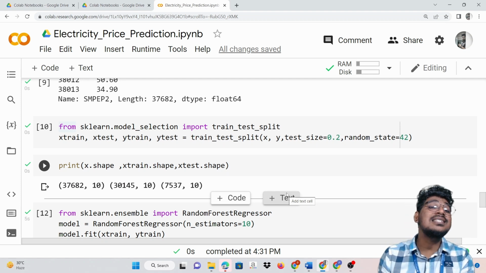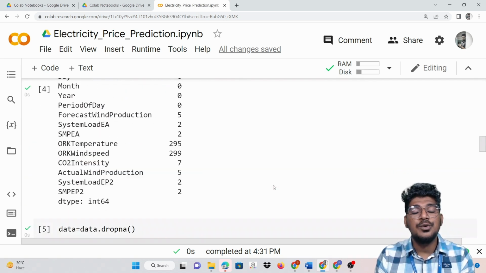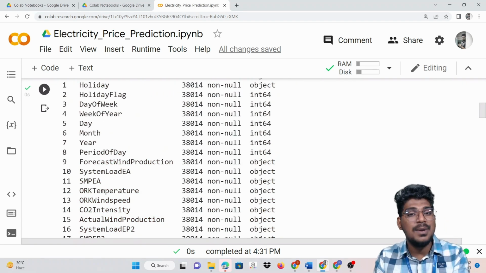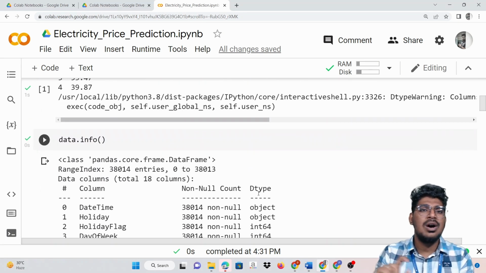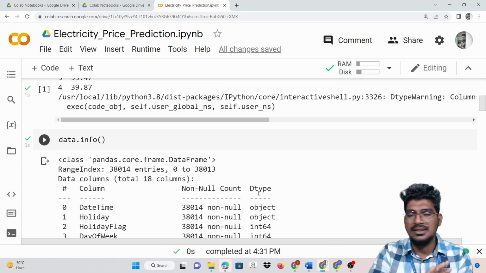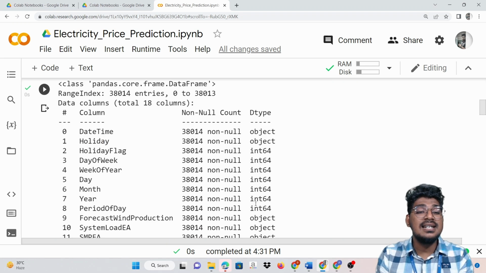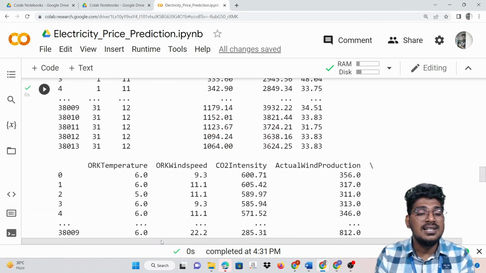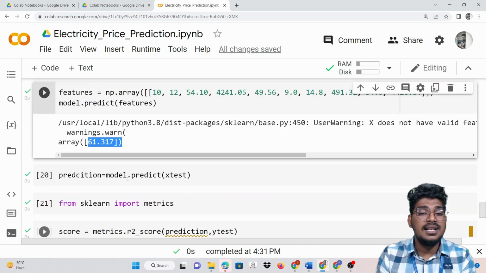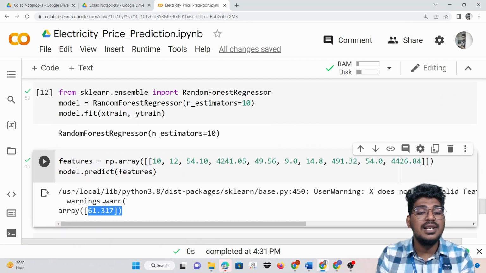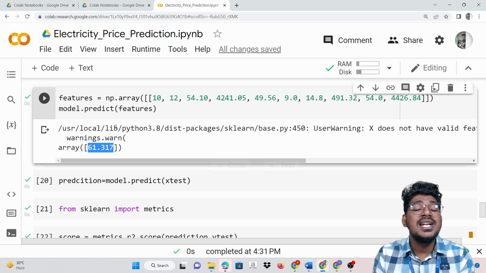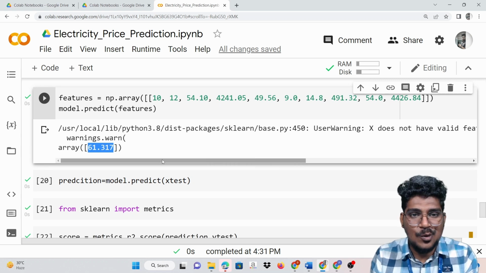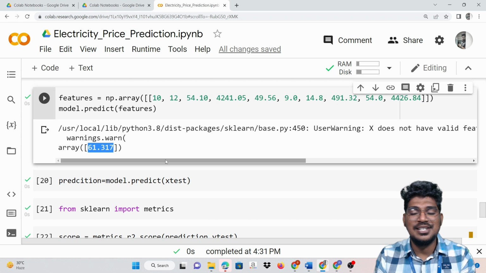Okay, fine. So this is the way we are going to create a model for the regression problem also. In a regression problem, the output will not be 0 and 1, like yes or affected or not. But it will give the result as a value. The electricity price, it will return the value $61.317. This is not in Indian money, but in dollars. This is the way it will predict because it is a regression problem project. Hope you guys understood about it.